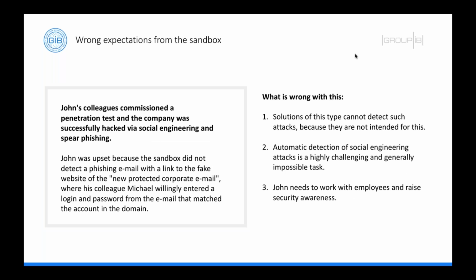Another common problem, yes, it's all about expectations from the sandbox. The problem might actually have different natures. Sometimes it's very psychological, but the problem here is that in many cases clients expect the sandbox to detect everything. They believe that this is a new technology that has to do everything that wasn't possible before. And for instance, in their thoughts they could include